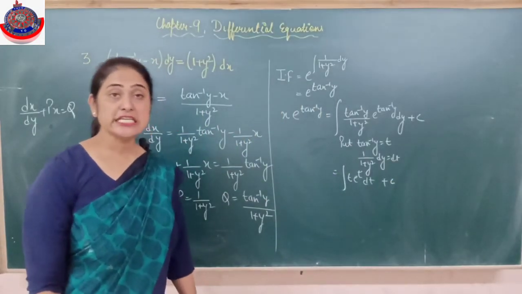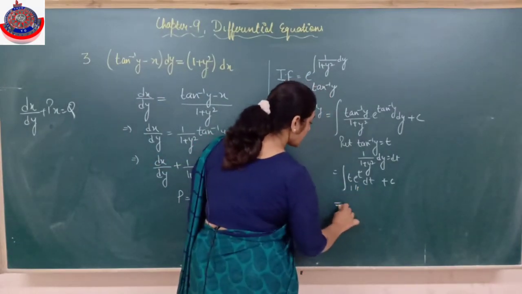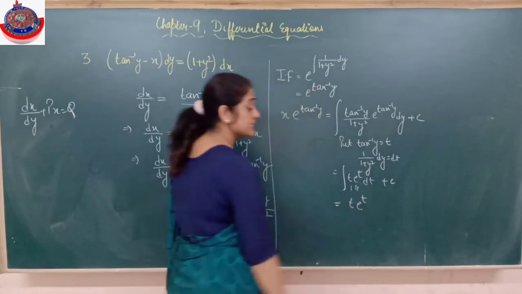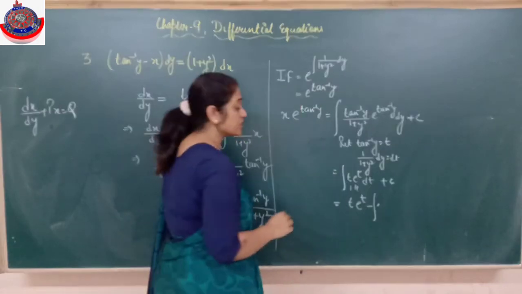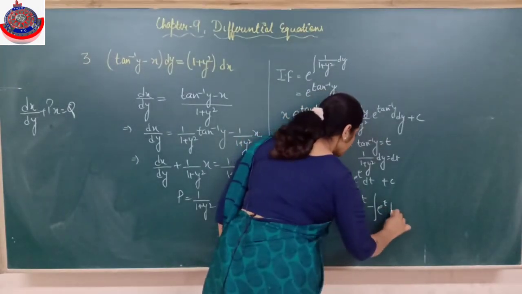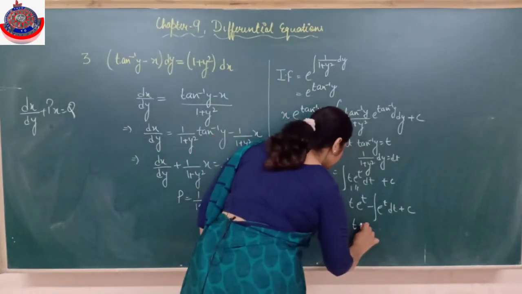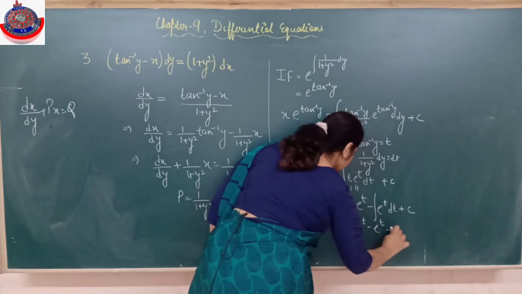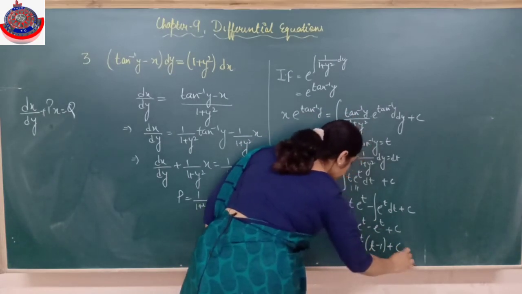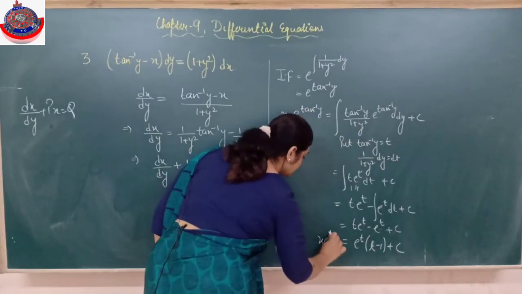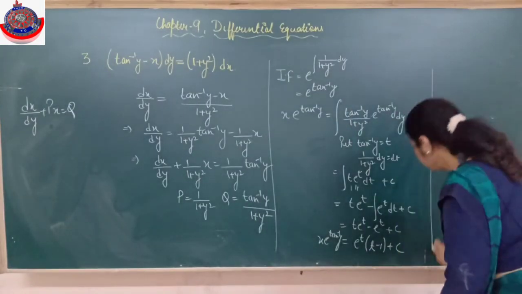So how am I going to solve it? I have to integrate t e raised to power t, that is by parts. First and second. First function as it is, integration of e to the t is e to the t. Minus integration, differentiation of first function t is 1, integration of second. Now integrate. Take e raised to power t common. Alright, put the value of t.